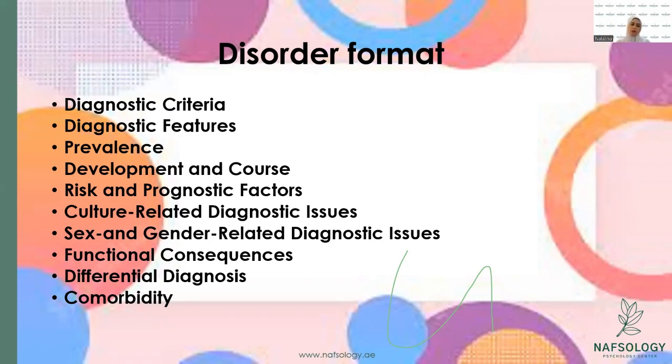And then in DSM-5-TR, basically all the other headings have been made easier to understand. They have expanded these criteria, given more examples, explained it more so that the readers can really understand what they mean by these diagnostic criteria. So when you go to diagnostic features, which is the next part of the format, it gives you an explanation with examples of, if this child or this adult is going through this particular problem, then what in their general life will be happening.